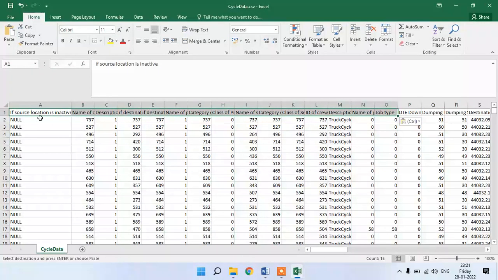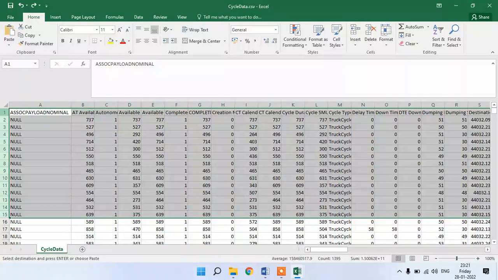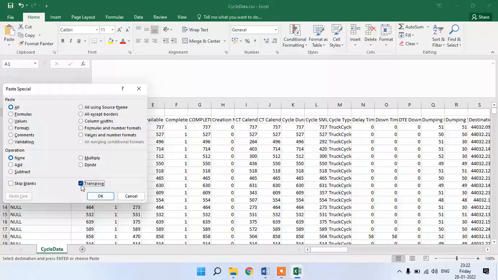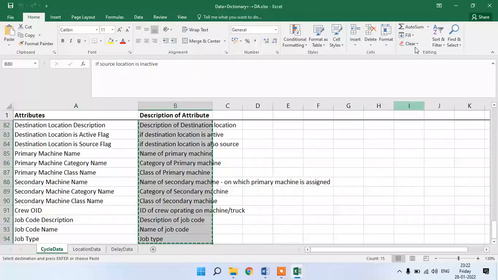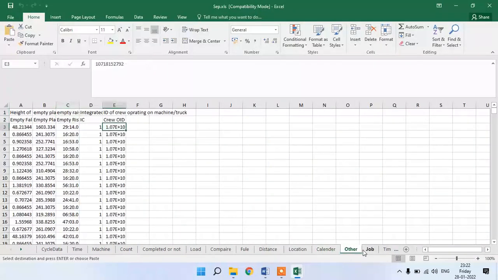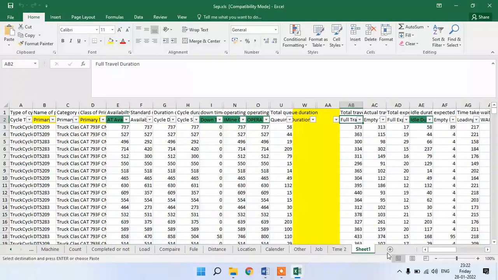First I inserted any one column, then pasted it with transpose. Like this you can easily get the details. So calendar is not required, other is not required, job is not required, and this sheet one. This is all the rough work I did.